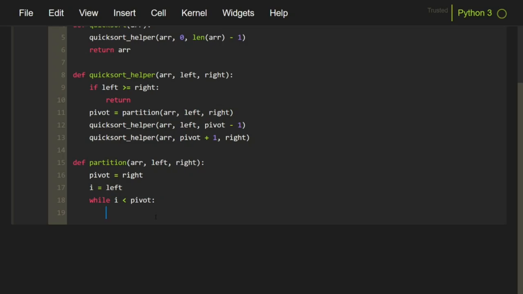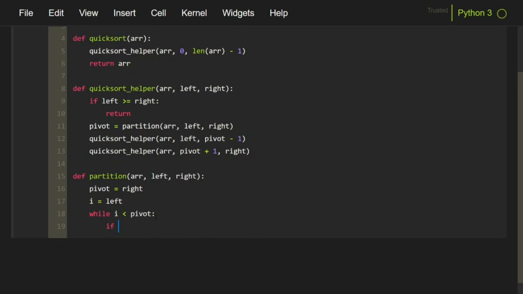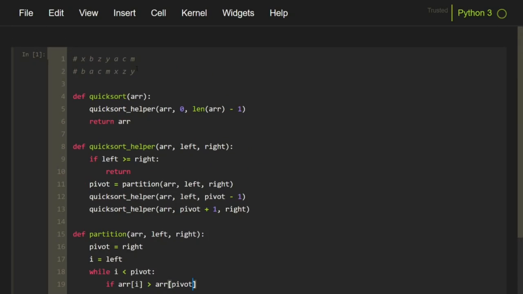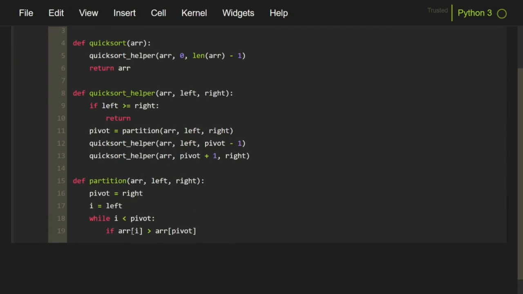So inside this loop, what we will do is check if array of I, that is the ith element in the array, is greater than array of pivot. What we are doing essentially is, for the first iteration, I will be over here and the pivot element is this. So we will check whether this element should be to the left side or to the right side of this pivot element. And if it is to be on the right side, then this condition will be true because array of I is greater than array of pivot. And if this is the case,